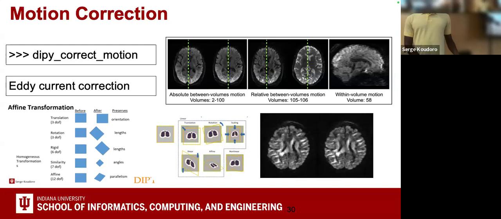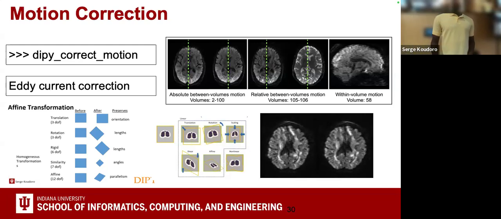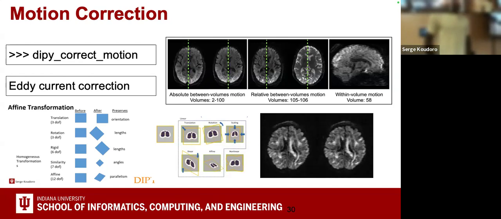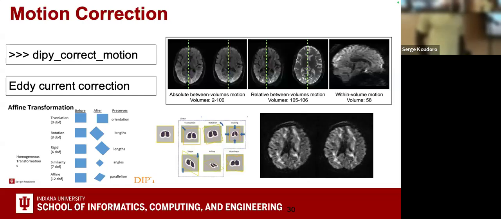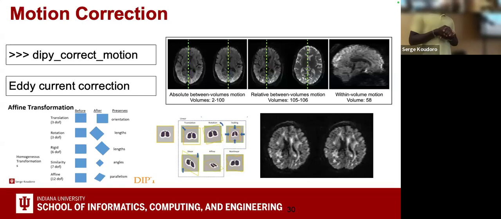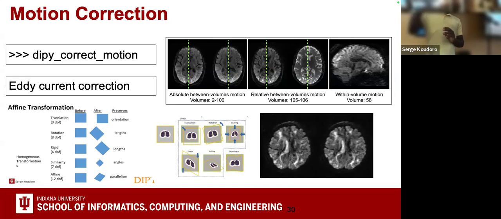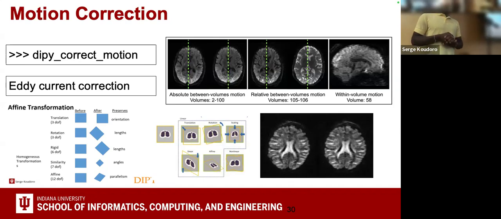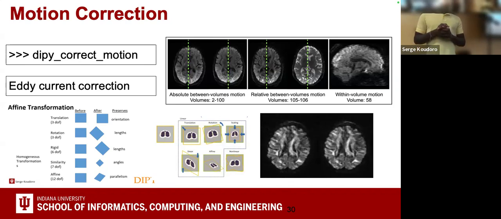There is eddy current correction. So actually, currently in DiPy, we don't have any algorithm for eddy current correction. Most people use FSL, which is great. But to get the idea of the eddy current correction, it's just a phenomenon from the scanner. So when you switch a gradient, you have a kind of Faraday effect. And this is something that can be easily